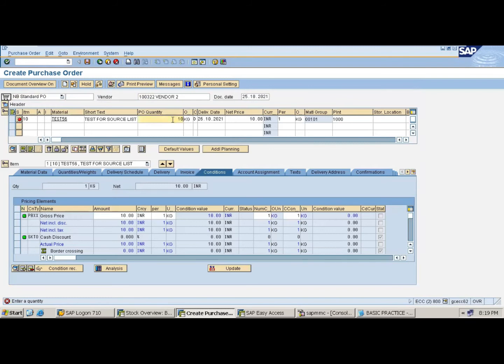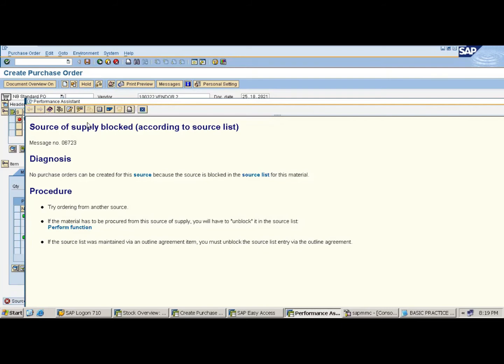Quantity, I can take 10. Enter. So what's the meaning? Source of supply blocked. We get the error as source of supply blocked. It means we are blocking this vendor from supplying this material.